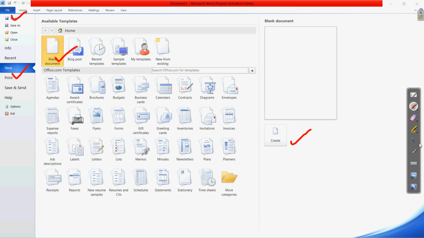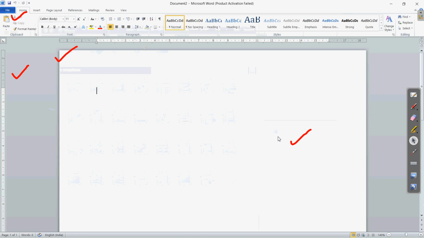So let us click on the create as well. So click on the create. Okay, so when I clicked on the create, a new document, a new page is created. Okay, so these are the steps to create a new document.